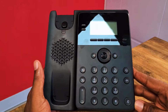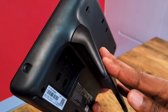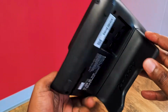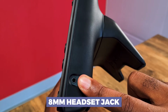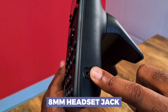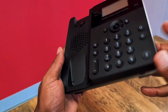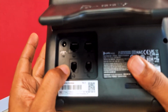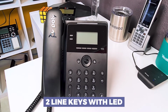At first glance, looking everywhere, I do not see a USB port anywhere for USB headset support. So I don't believe that this has USB support, but I do see that this has, I believe, an 8mm jack for a headset as well. So you've got headset capability here, and then you've also got headset capability through the RJ9 port that I showed you guys back here. Okay, so the Poly Edge B20 supports 2-line capability, just like what we saw with the